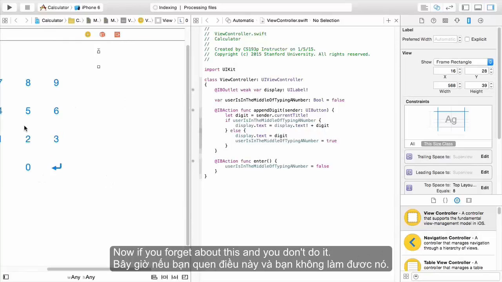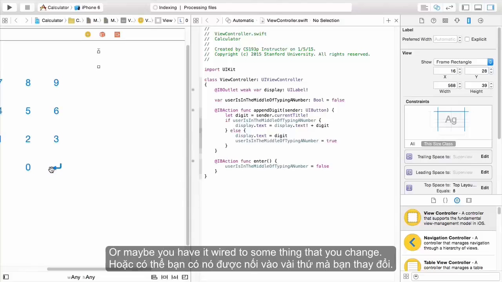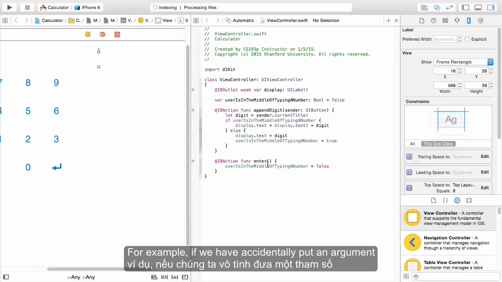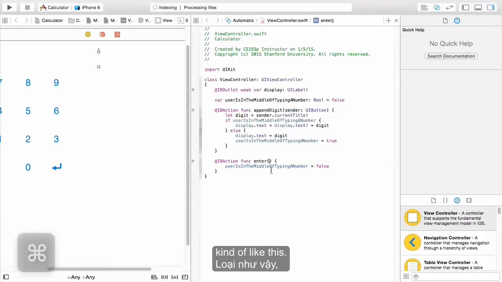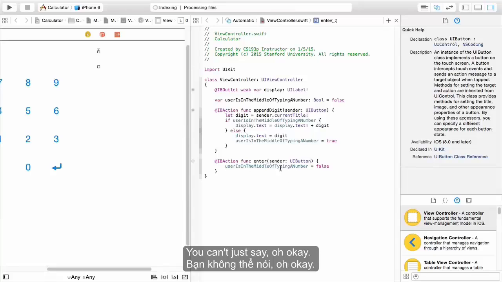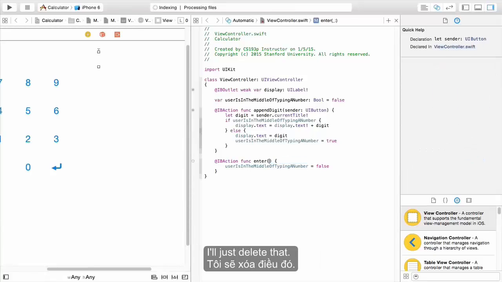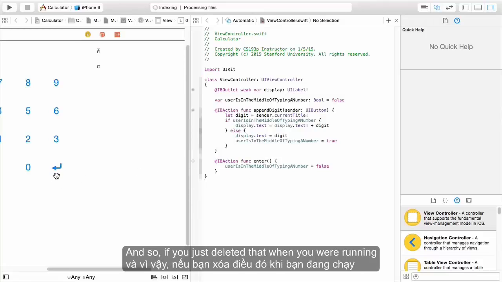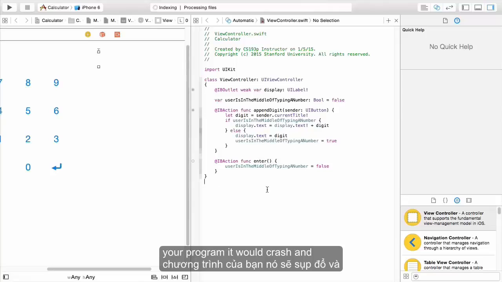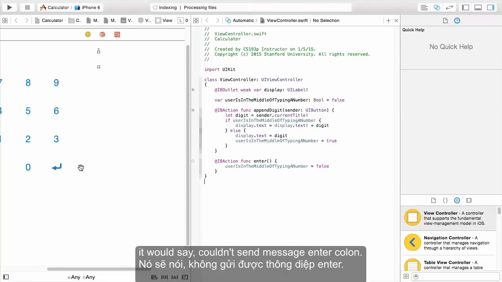Now, if you forget about this and you don't do it, or maybe you have it wired up to something that you changed. For example, if we had accidentally put an argument here to enter, if we had made it do the sending button trick, you can't just say, oh, okay, I'll just delete that, because that would not work, because enter with an argument is actually a different message than enter with no argument. And so if you just deleted that, when you run your program, it would crash and it would say couldn't send message enter colon,